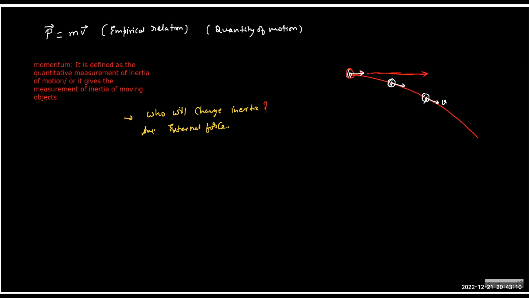Yes or no? Yes. In fact, magnitude is also changing, but at least can you see the direction change? So here the velocity vector is constant or variable? Variable. So inertia of motion is changing, yes or no? Yes, sir. So momentum is changing, yes or no? Yes, sir. Because inertia of motion, today, how do we measure it? Inertia of motion.